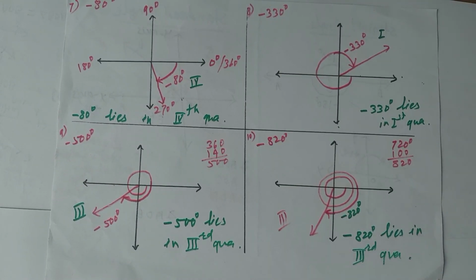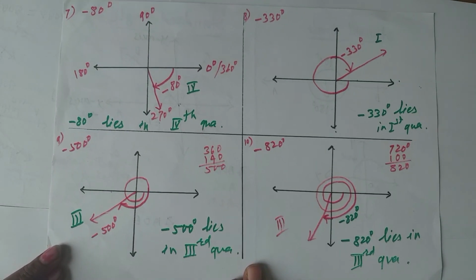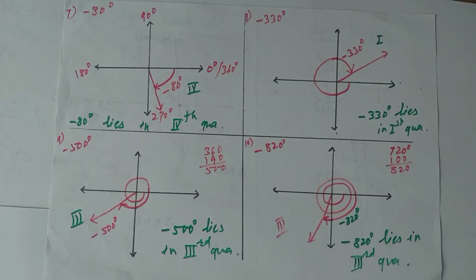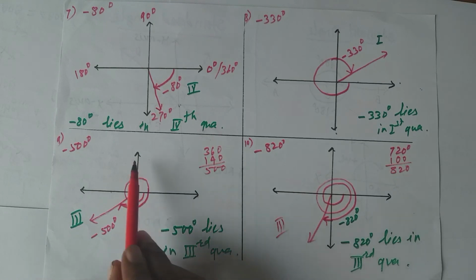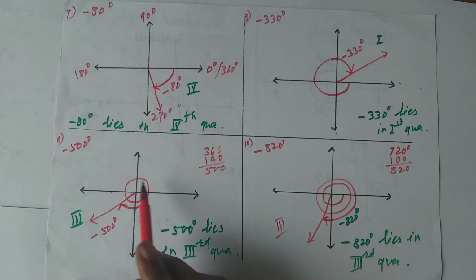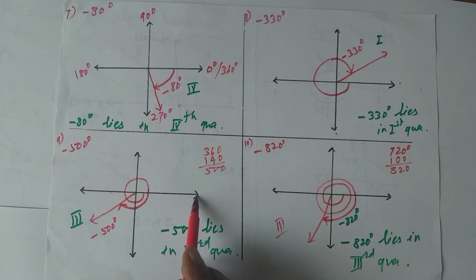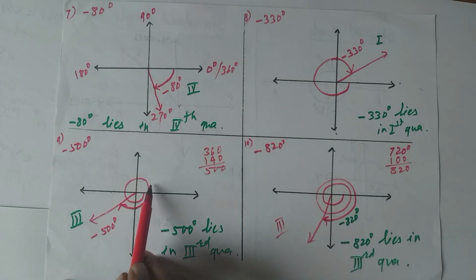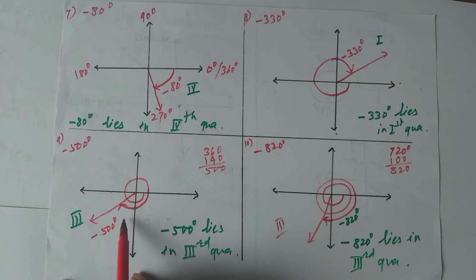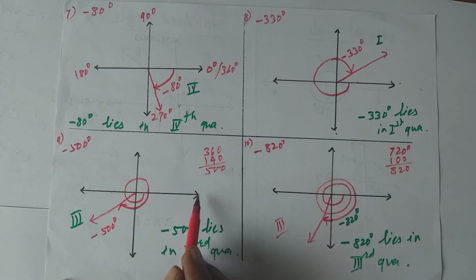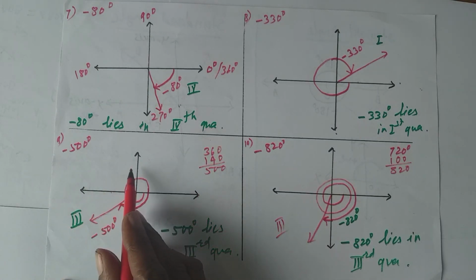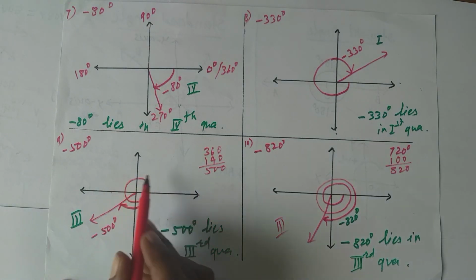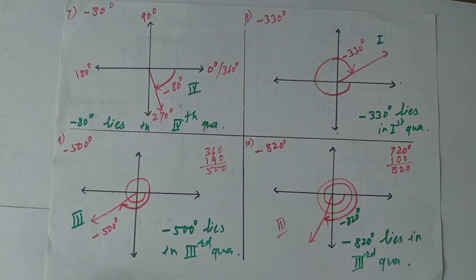Students, in this way it is very simple. You know that here angle is 0 degree, 90, 180, 270. After complete rotation angle is 360. If angle is positive, then we have to move in anti-clockwise direction, and if angle is negative, you have to move in clockwise direction. And in this case, you remember that this is 0, this is 90, 180, 270. And this is first, second, third, fourth quadrant.